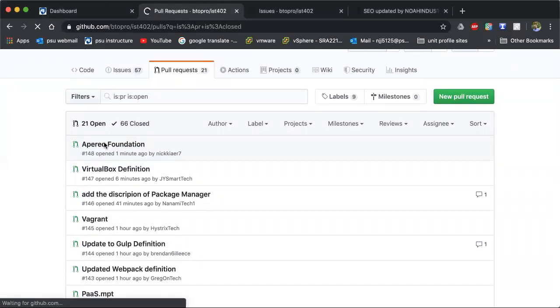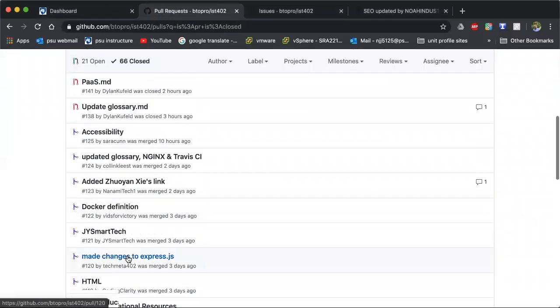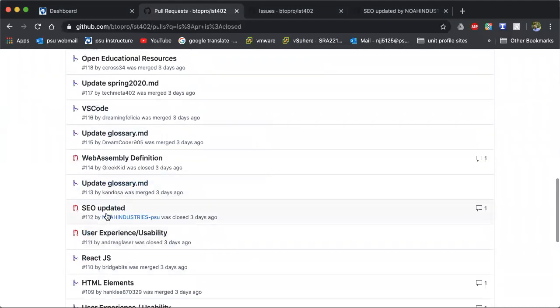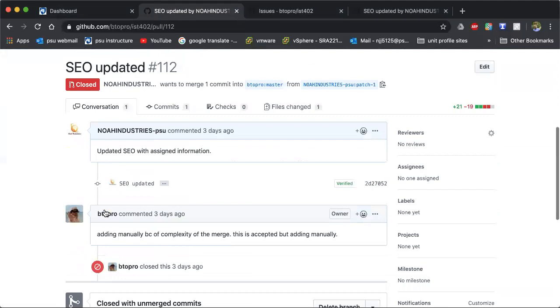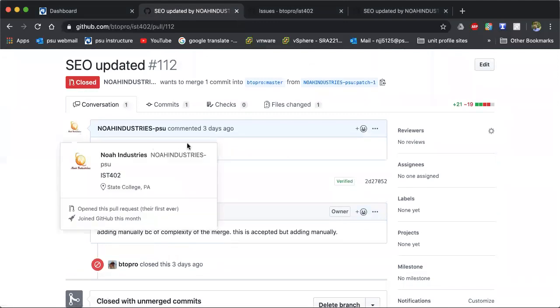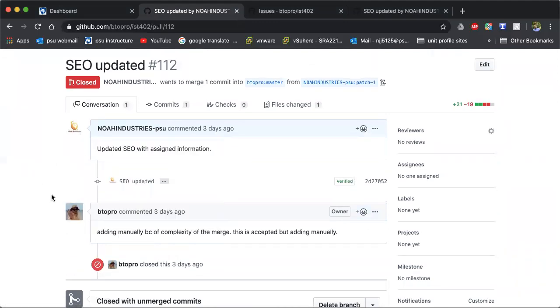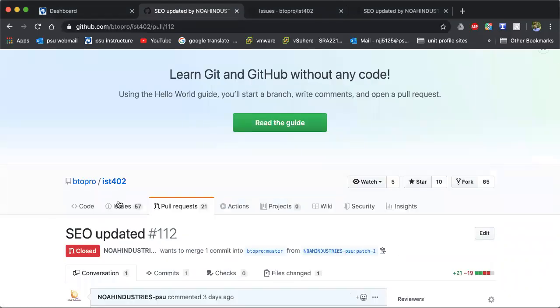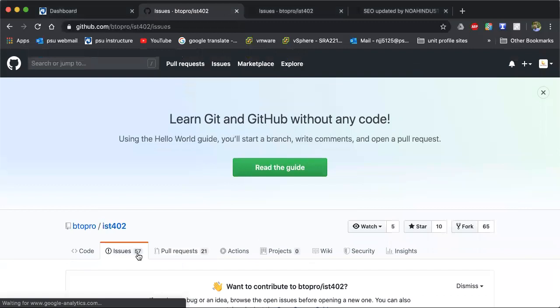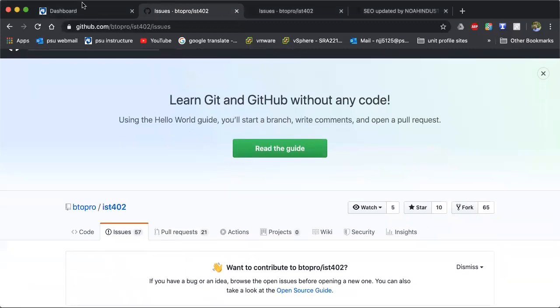So my pull request has been closed, excuse me. But here it is, typed it in, and look, said my definition was updated, and my administrator, BTO Pro, closed it, and now it's a part of the code. So as you can see, GitHub is a great way to sort of